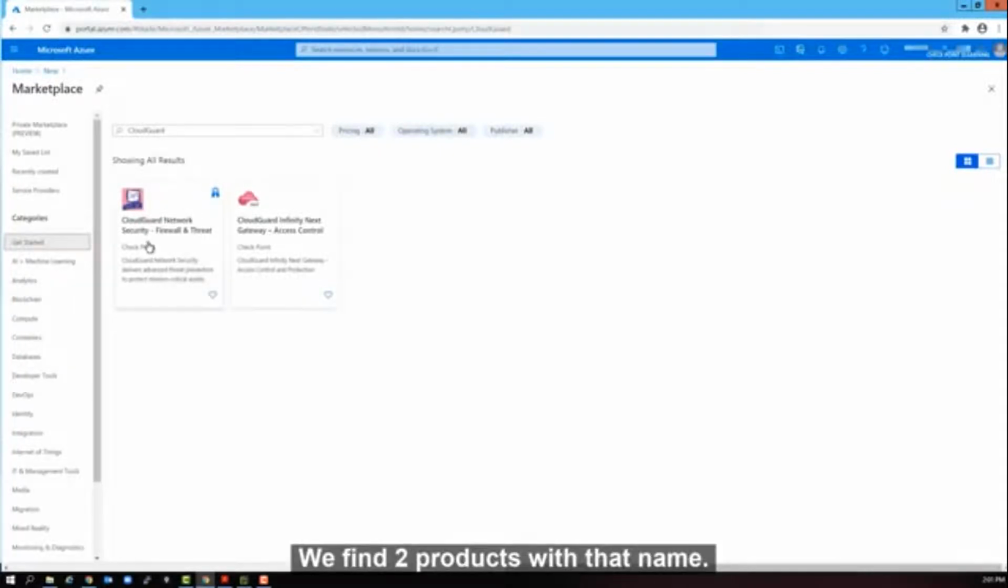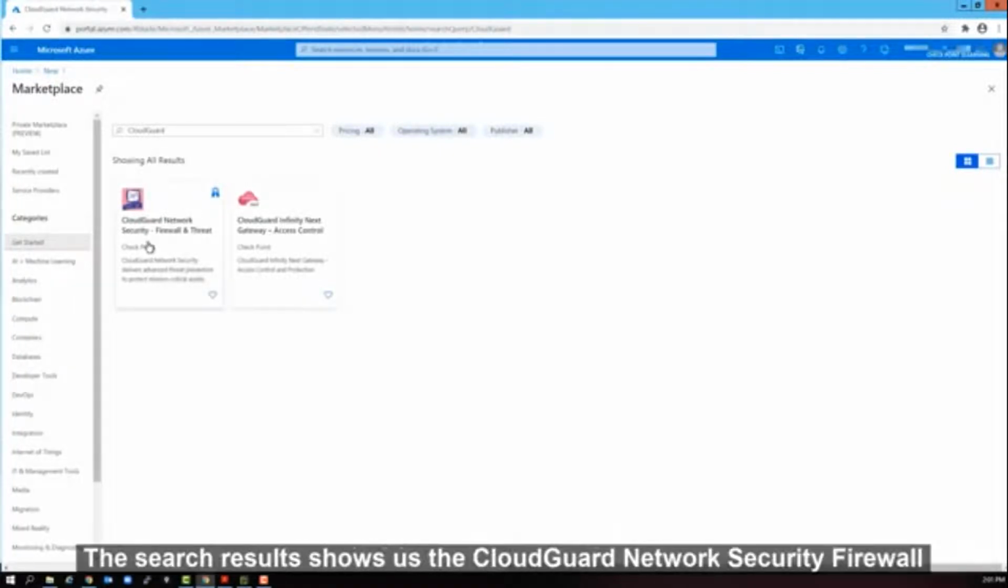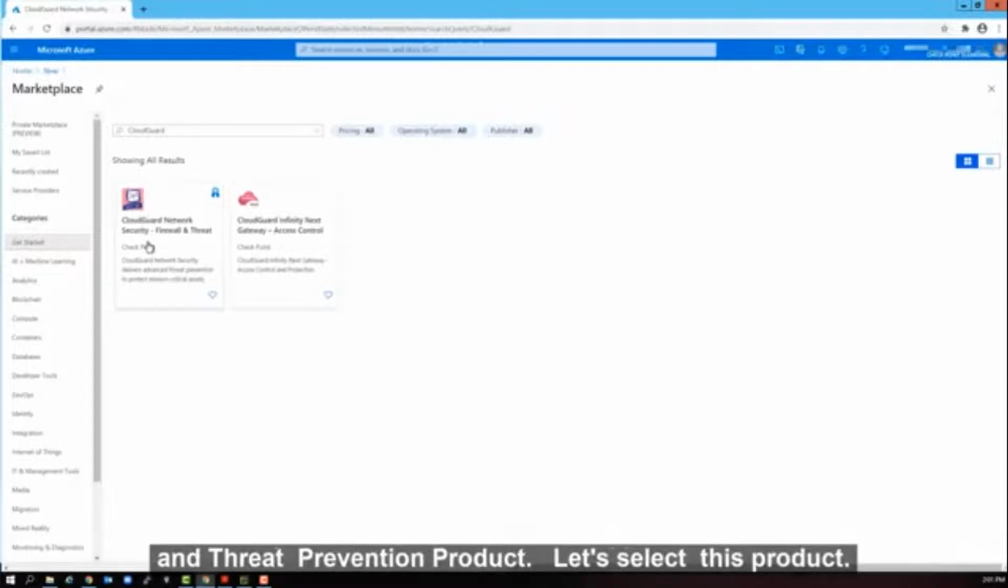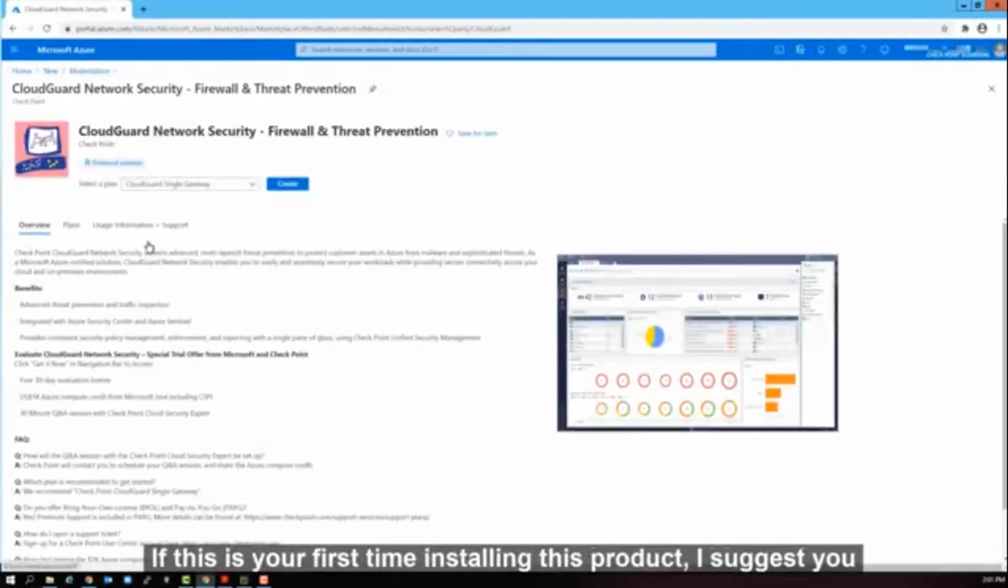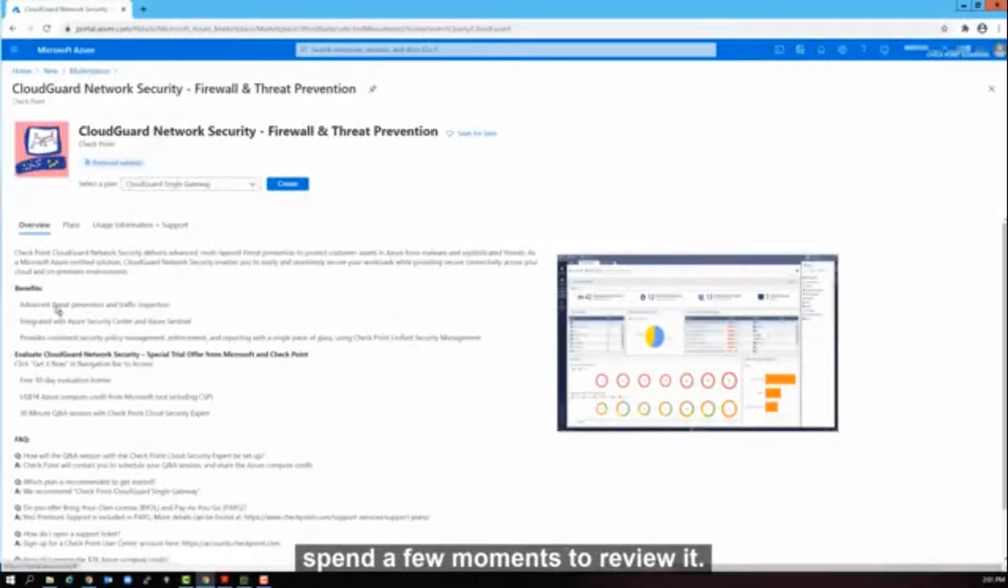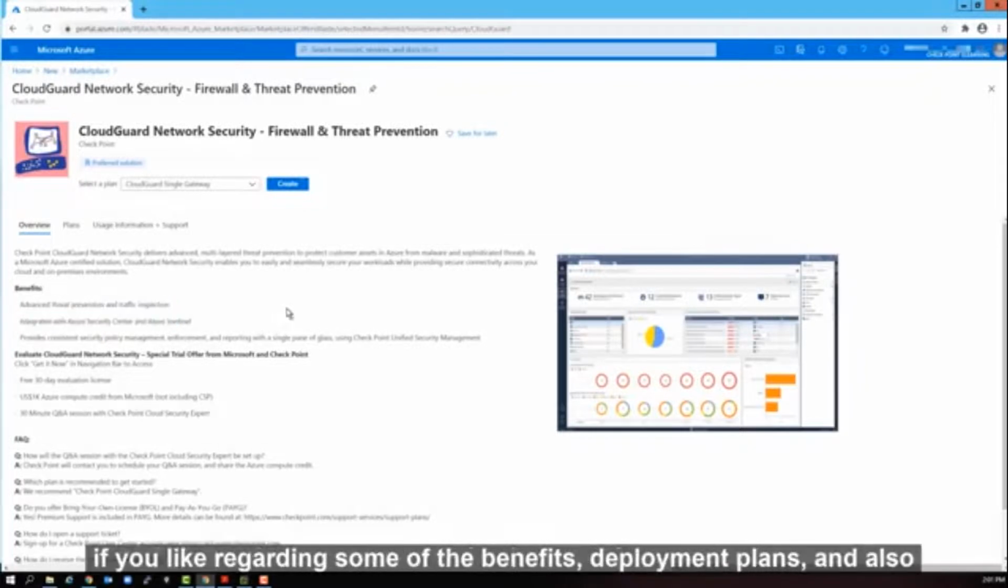We find 2 products with that name. The search results show us the CloudGuard Network Security, Firewall, and Threat Prevention product. Let's select this product. If this is your first time installing this product, I suggest you spend a few moments to review it. You can read a little bit about this product if you like, regarding some of the benefits,